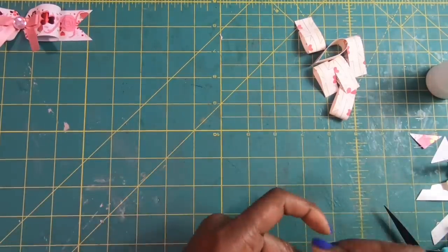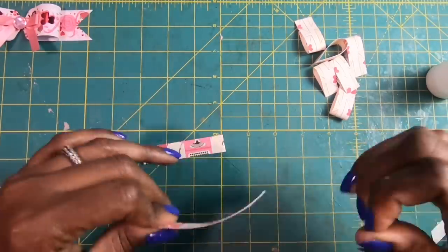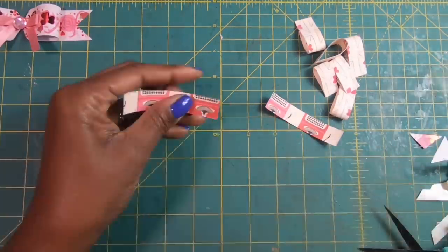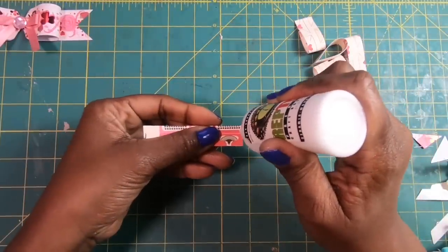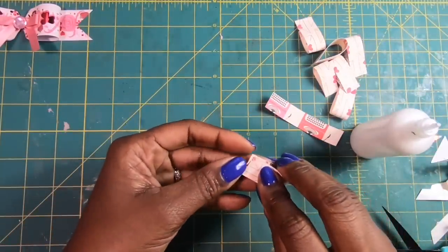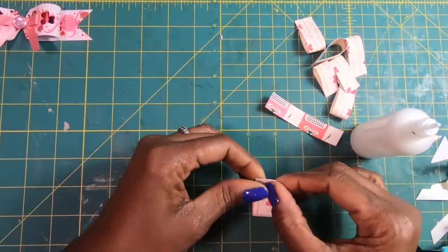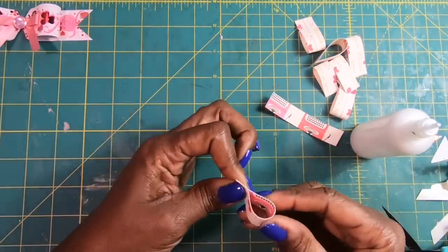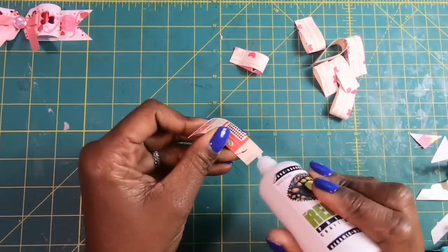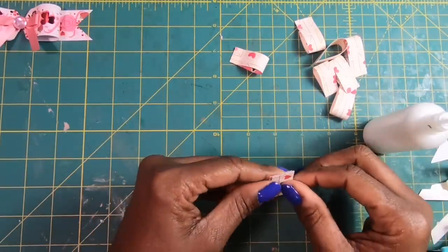So I can set the other 2 to the side, and this could not be any easier. I'm just going to give this a quick curve with my fingers, and then I am going to take some glue, put just a little glue right here, and I'll fold this over and make a loop. And I'll let that dry for just a moment, and then I'll do my next one. So I'll place my glue, get this stuck down,